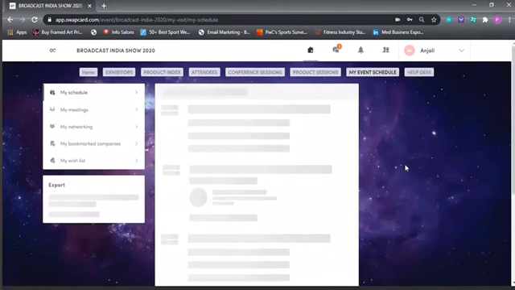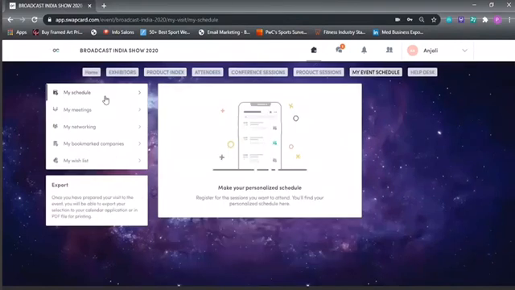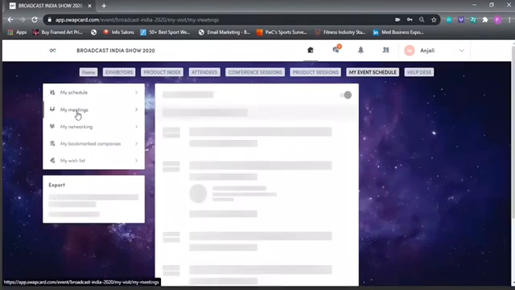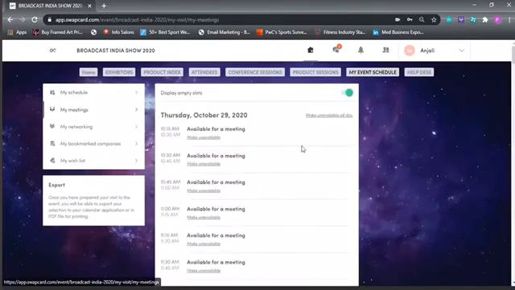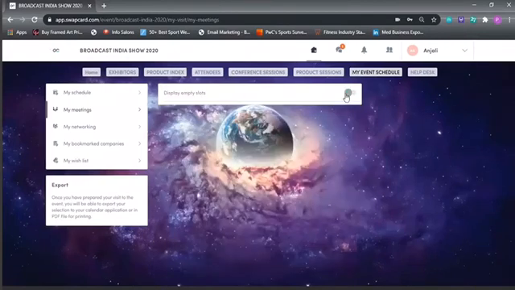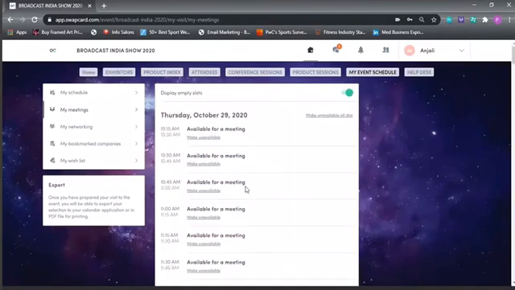This is the My Event option, which enables you to see all your personalized schedule. If you've connected and scheduled some meetings, it will come in one draft format over here. These are the meetings, the accepted and the rejected options. And here you have the slots to disable or enable. If I say do not display the empty slots, no empty meeting slots will be shown on screen. And once I enable it, all the meeting slots will be available.